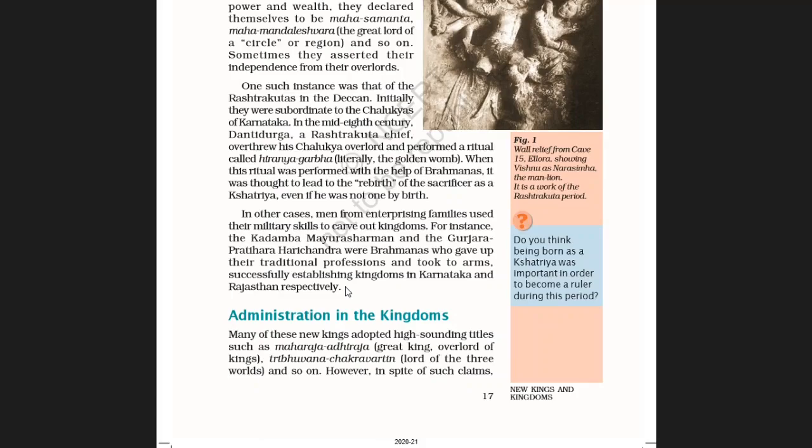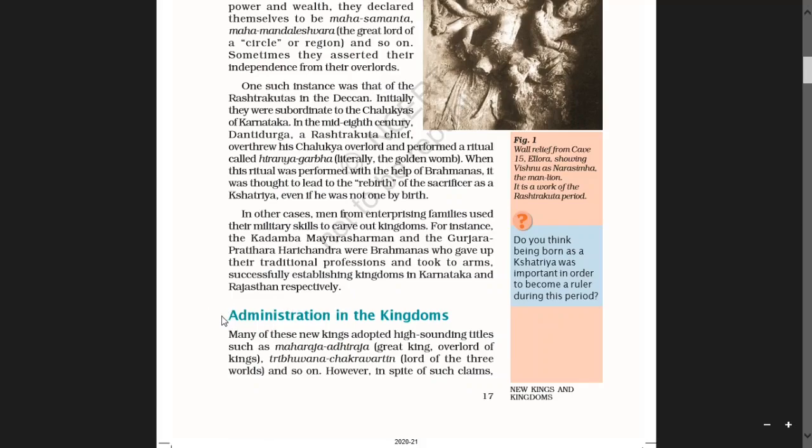So they gave up that traditional profession and took to arms, successfully establishing their own kingdoms in Karnataka and Rajasthan. In this way, Kadamba Mayura Sharman was in Karnataka, and Gurjara Pratihara Harichandra in Rajasthan respectively.